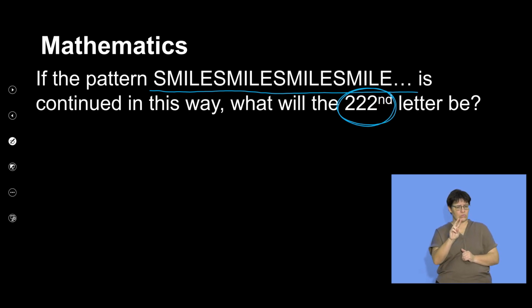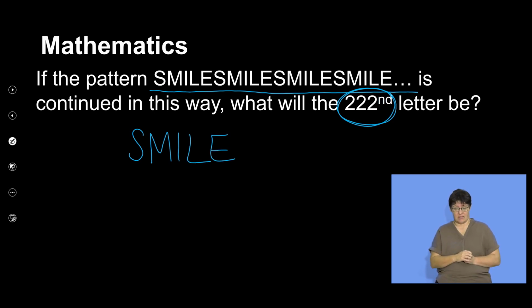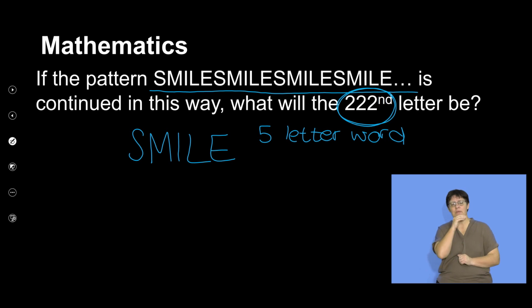So you might be thinking, okay, well, how am I going to know that? If we look at the word smile, we can see that it is a 5-letter word. So this means I'm going to be using my multiples of 5 to help me find out what the 222nd letter would be. So if I look at the number 222,